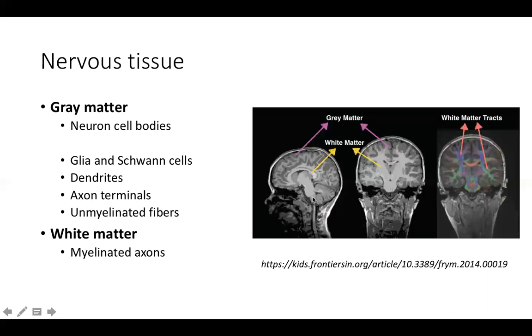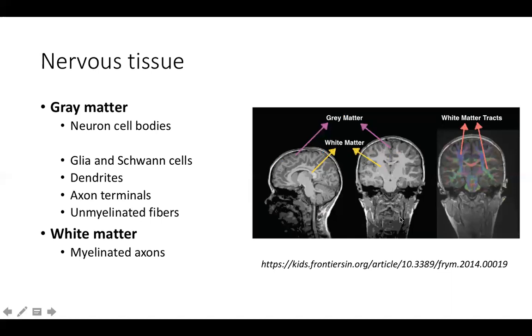Here we're looking at areas that are more gray and areas that are more white. As you can identify, the gray area is what is making up the cell bodies mainly and the other elements that we discussed. The white area, also here is white, and here is white. It's just a lighter gray actually. That's the white matter, and that is identifying these myelinated axons, essentially the projections of the neuron that send information on to the next neuron.